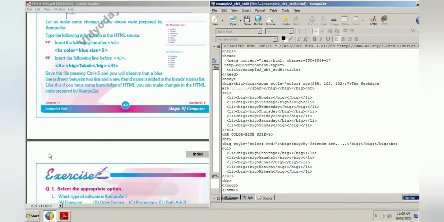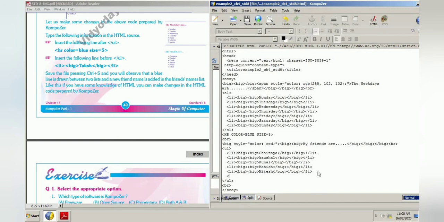So with this line, the horizontal line will come after the completion of our OL tag, and here we are using the big tag. Then insert the following line before closing UL. So before closing UL we have to write this line.